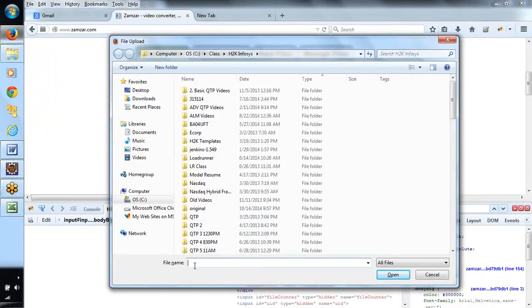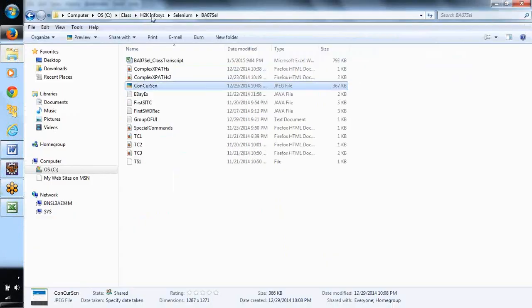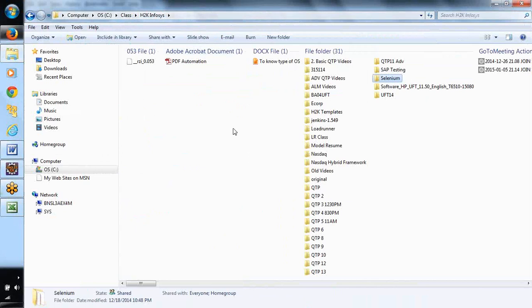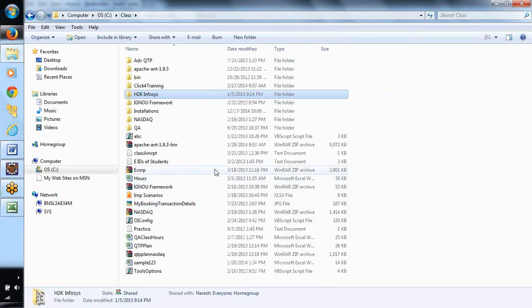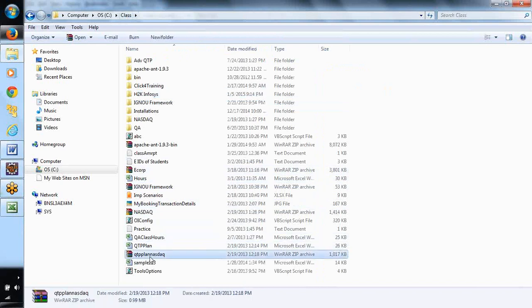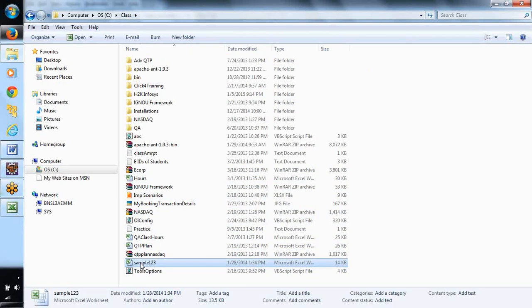First we need to paste a path over here. We wanted to upload some files here, right? Say let us enter this sample 123 file. Say we wanted to upload this sample 123.